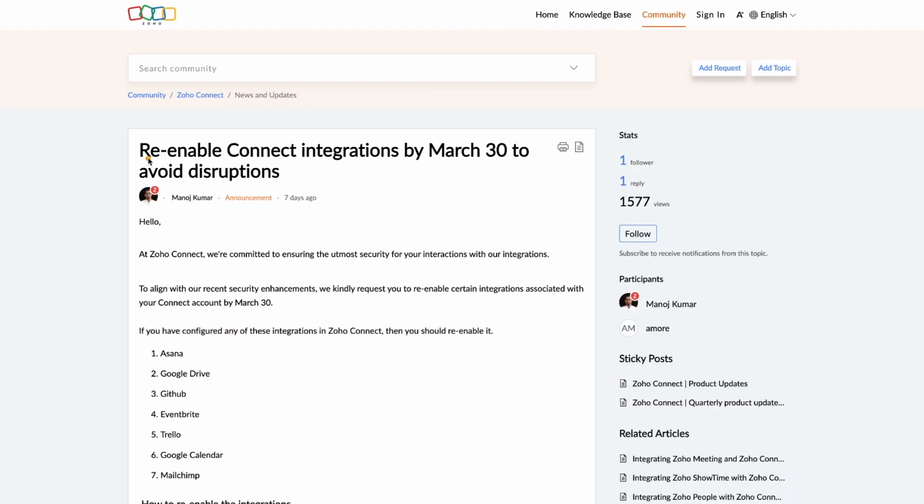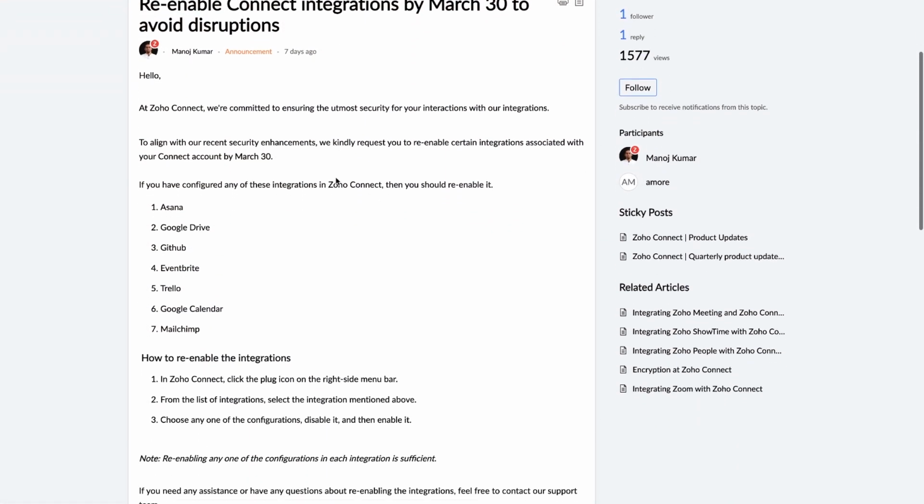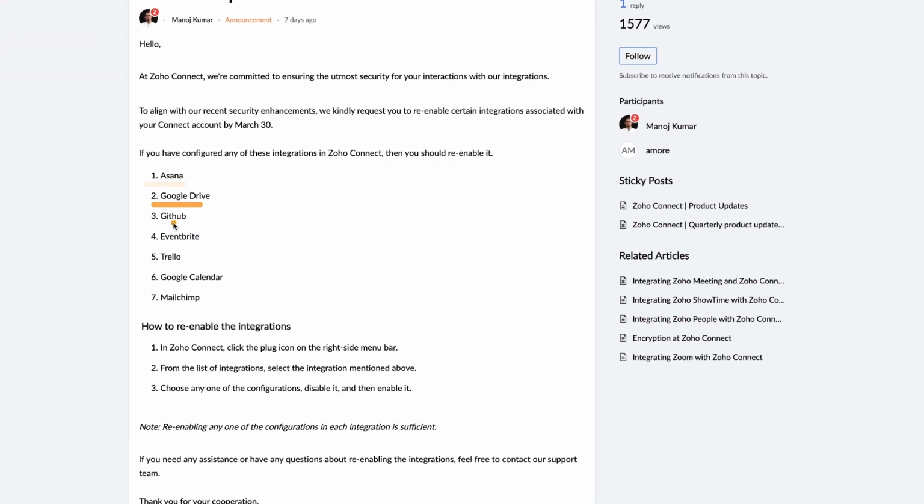All right, we've got re-enable Connect integrations by March 30th to avoid disruption. Essentially, I'm just trying to save you here. If you're a Zoho Connect user and you have lots of integrations with Zoho Connect, you may experience disruptions unless you re-enable the integrations. So these are the specific integrations you've got to worry about. If you have Asana, Google Drive, GitHub, Eventbrite, Trello, Google Calendar, or MailChimp integrated with Zoho Connect,